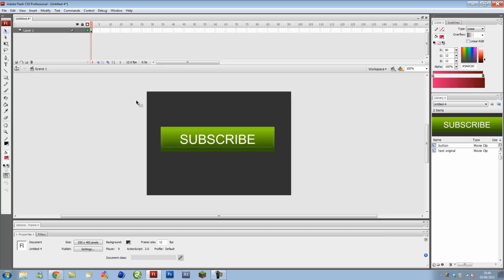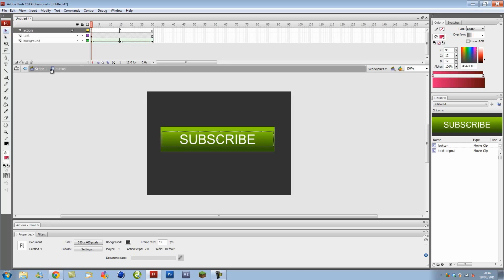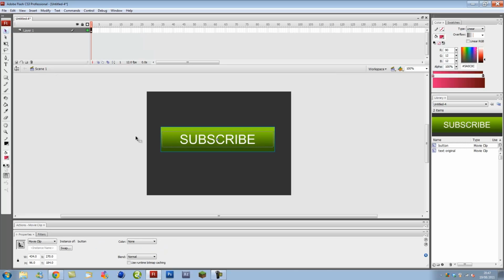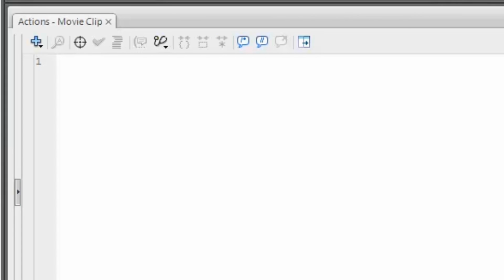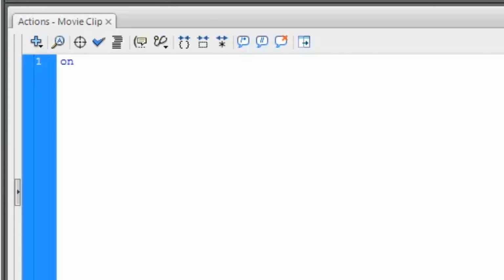Once we exit it out to the main bit, so we're not in our button, as you can tell, we're on scene 1. You'll be able to tell where you are by this bit here, we're currently in button. To get out to the main scene, click scene 1, we're out of it. So with our subscribe button selected, we're going to go to actions, and we are going to type on clip event, enter frame,